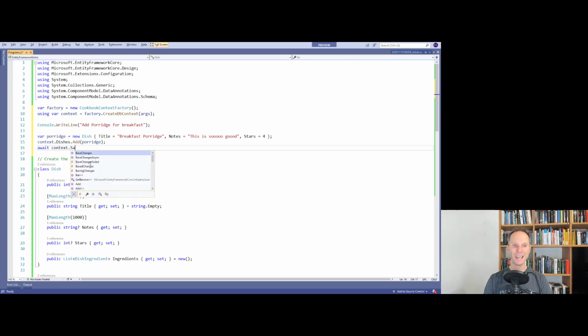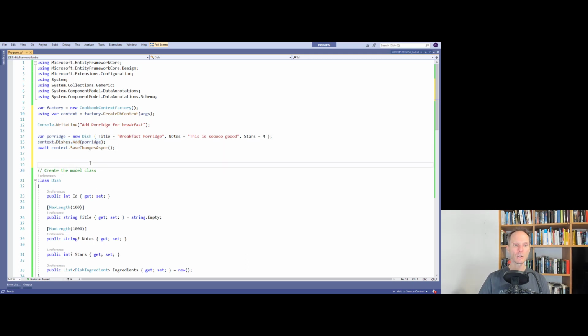Await context.SaveChangesAsync. Please remember that. Don't forget that. If you forget this guy, nothing is written to the database, because this is not adding data to the database. It's just registering the C# object for being written to the database once you will call save changes async. Now we are done, so we can say added porridge